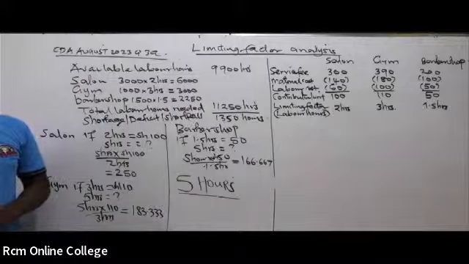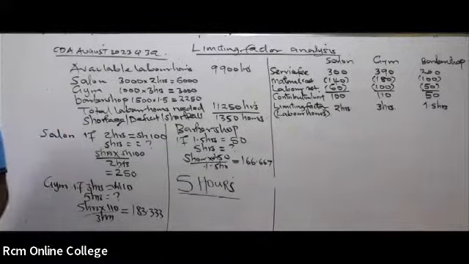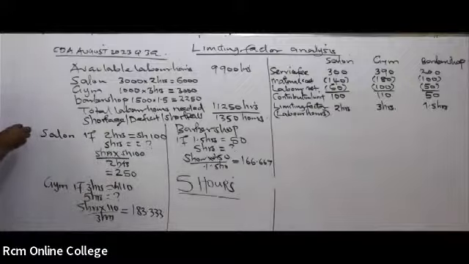Now that we have a common 5 hours item here, which one is the most profitable service? Which one is the most profitable? Salon, right? So salon is giving us 250. That is number 1, right? Number 2 will be